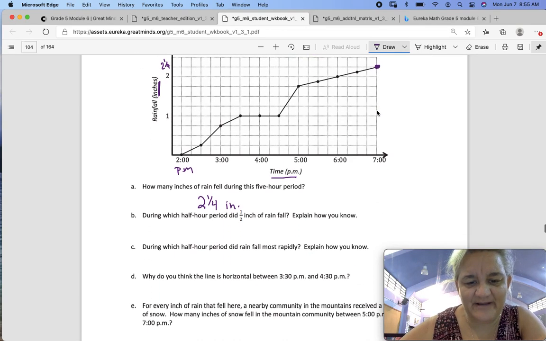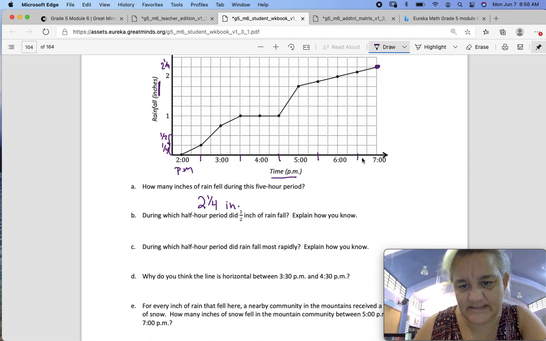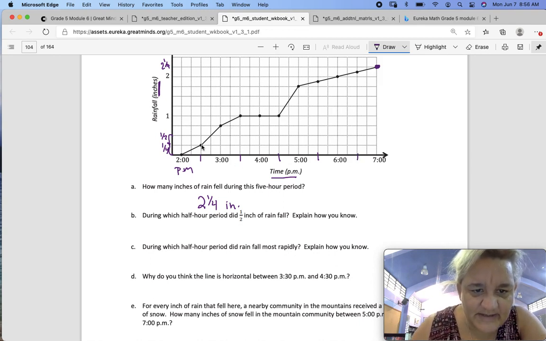During which half-hour period did 1/2 inch of rain fall? 1/2 inch. So if this is 1/4, this is 1/2. Now you want to look at the interval. The interval here is 2. Okay, so here only 1/4. Half-hour period, so that's 2:30, 3:30, 4:30, 5:30, 6:30. So in between. So here to here,